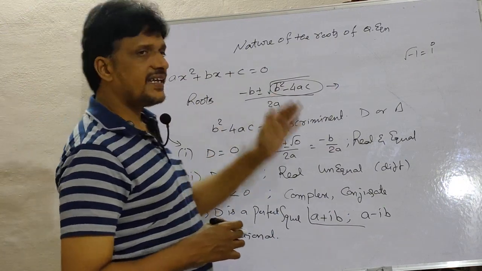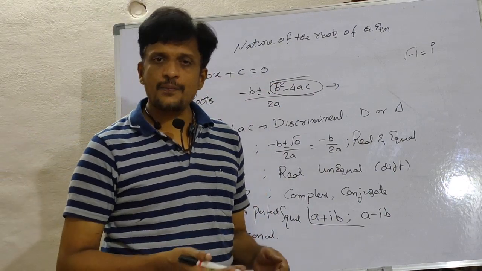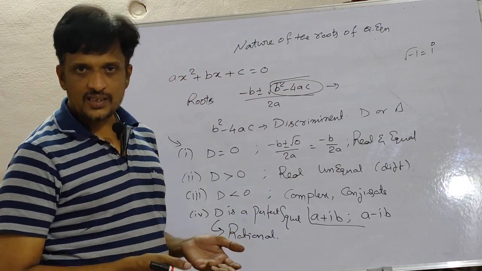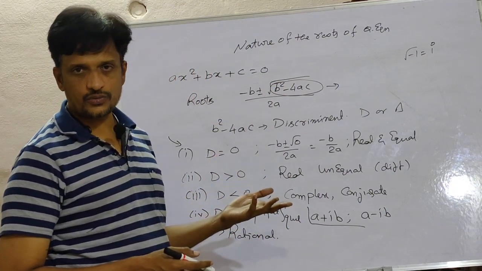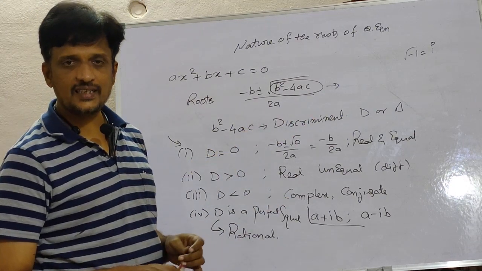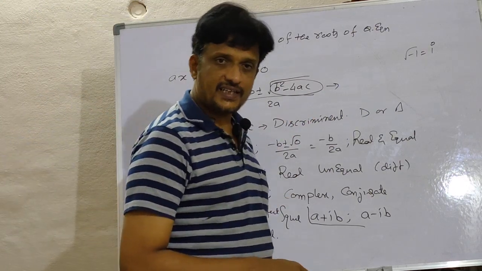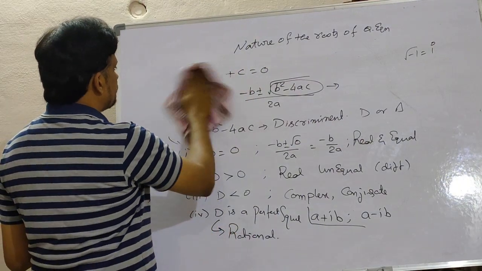Based on this, we have a few applications. In the given quadratic equation, they give one unknown value like m or p. You have to calculate that unknown which is involved in the given equation if it has equal roots. So delta is equal to 0 is the required condition. By using this, you can find the unknown required values. Okay.